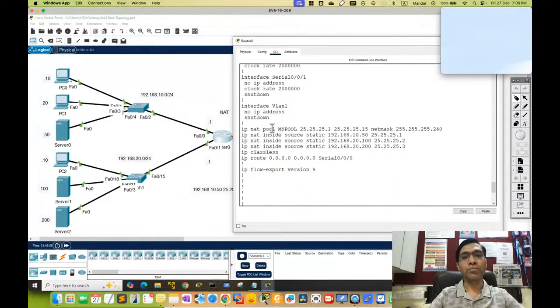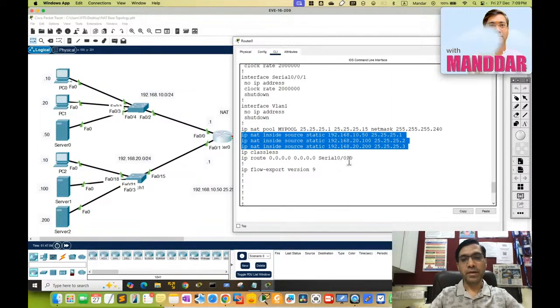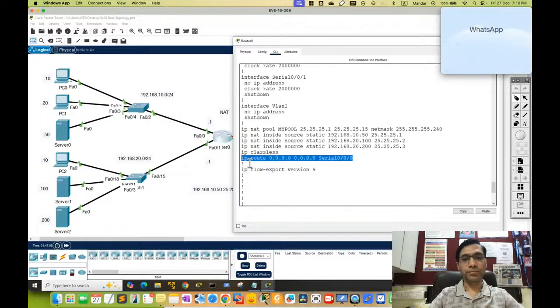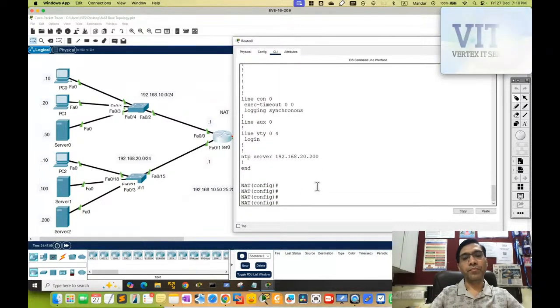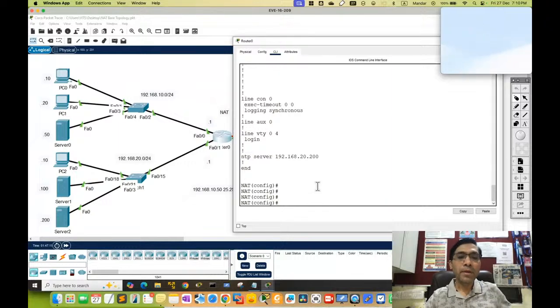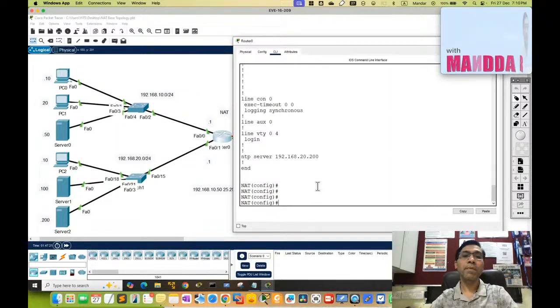Then here we have the pool that we have configured, and the entries for the static NAT. And here we have the default route configuration. Done. Okay. Now for dynamic NAT, you need to configure an access control list, and that access control list will match